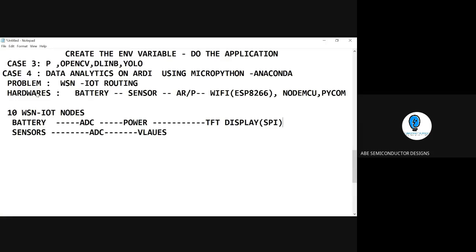So this is the logic we are coming across here: the sensors' ADC values will be transferred using a Wi-Fi module. This Wi-Fi module or BLE, whatever the case, let us assume is working on the ESP8266. It works on SPI again. So from the SPI, data is transmitted over to the cloud. This is the logic we are going to construct here, and how to program it. So how does MicroPython come into the logic?